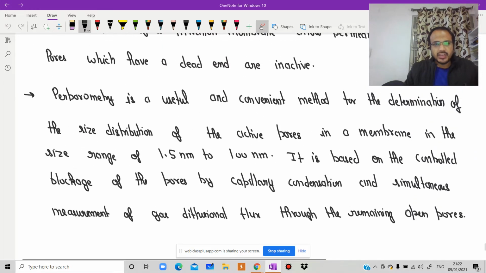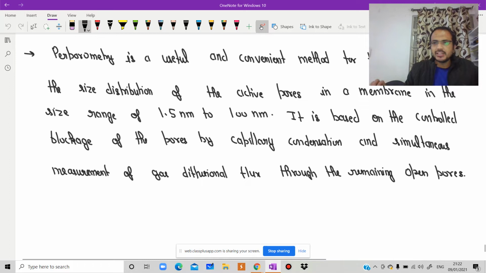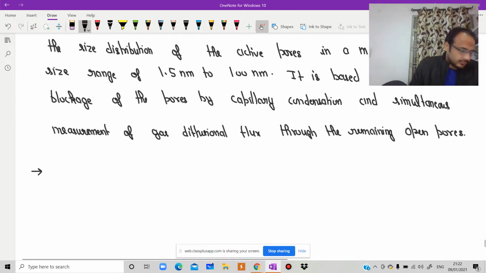Yesterday in class, we discussed up to porometry and we need to finish it. There is one formula in this concept, and now we are going to discuss that one. It is a theoretical subject; you just need to go through it. Revision is a must.